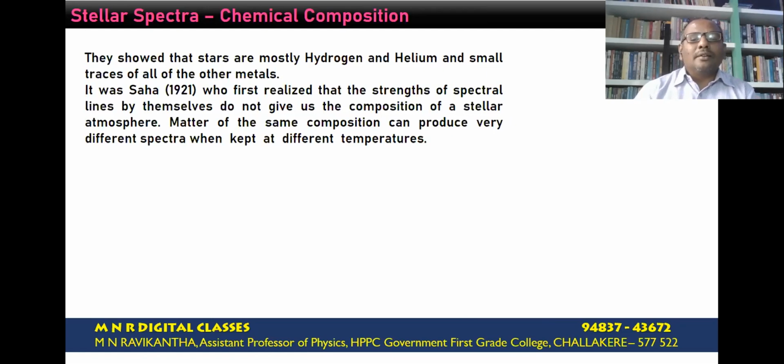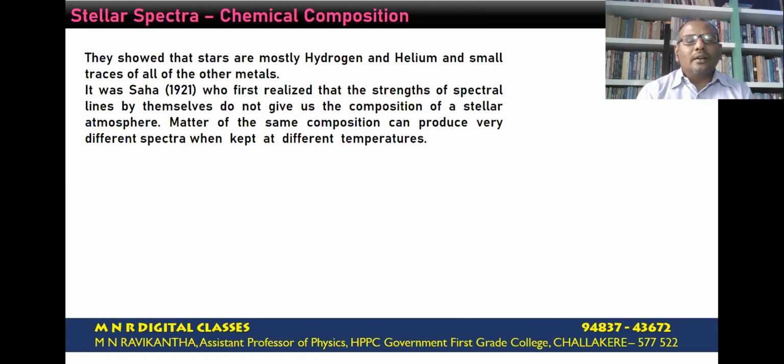The earlier hypothesis, that hotter stars mainly consist of hydrogen and the cooler stars, the M-class stars, mainly consist of metal oxide, was discarded. Cecilia Payne and Meghnad Saha clearly established that irrespective of their surface temperature, most stars mainly consist of hydrogen and helium, in addition to small traces of other metals, depending on their surface temperature.